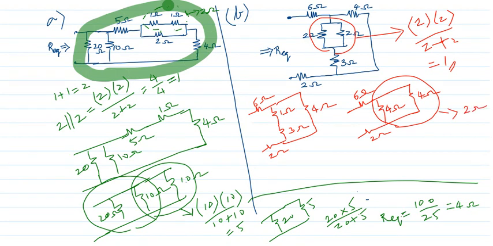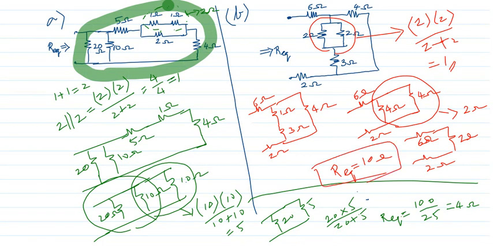Now the circuit will be like 6 ohms, 2 ohms, another 2 ohms. Okay, on solving, all are in series because they carry the same current. They carry the same current, right? So I can add. So R equivalent is equal to 6 plus 2 plus 2, it is 10 ohms, right?